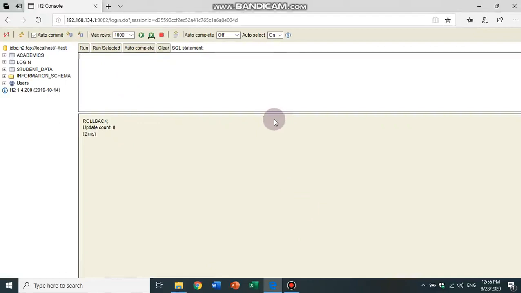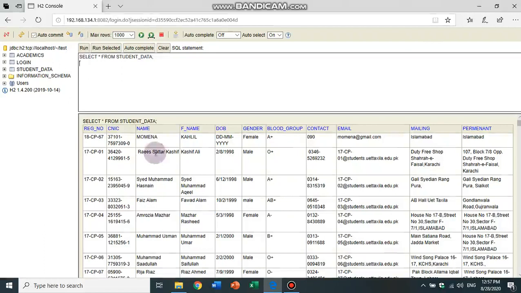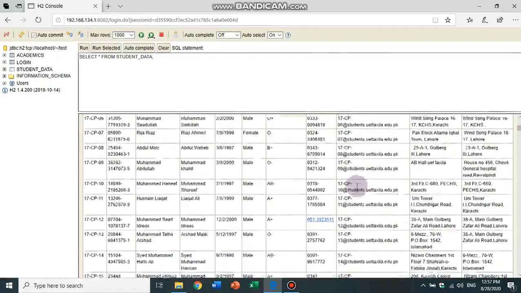I have connected my database and uploaded the data here. You will see academics, login and student data. If I want to see my whole student data, I will just select all from student data and execute it. The whole data has been opened here.